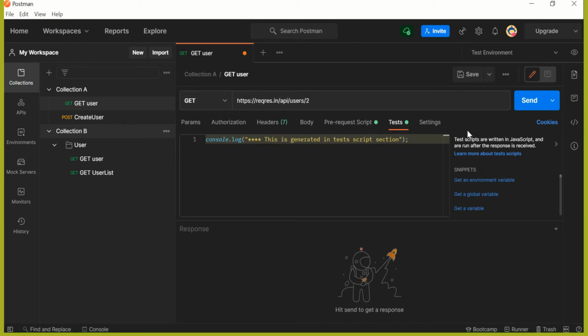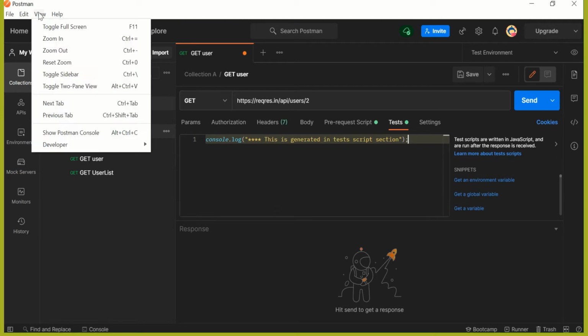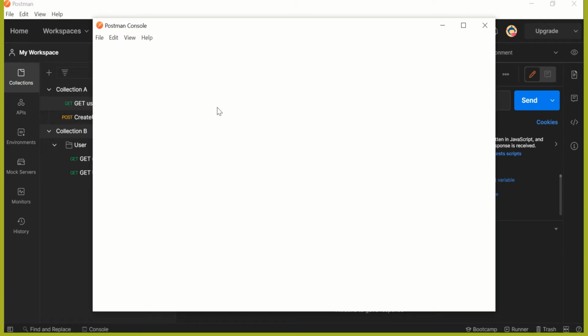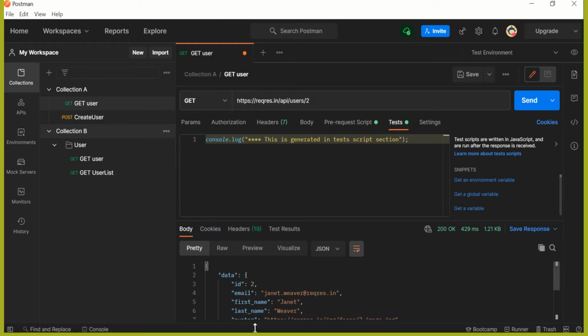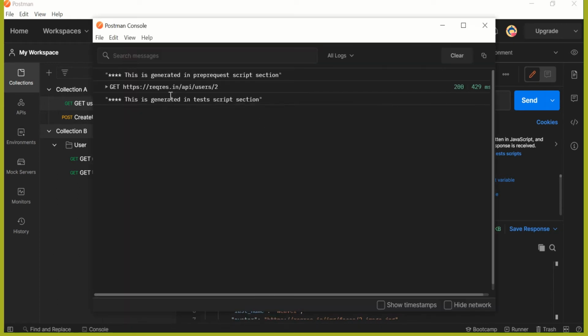Let me run it, but before I run it, let me switch on Postman console so that we can see if the logs are appearing in this console or not. So the console is now active. Let me send the request. You can see we first got this message which is in our pre-request section.